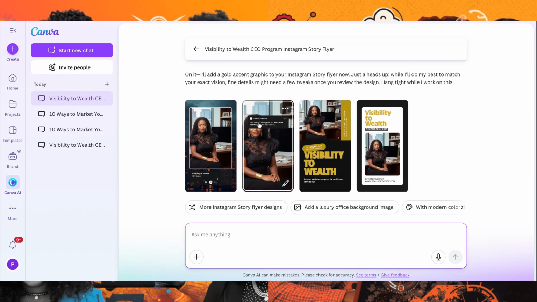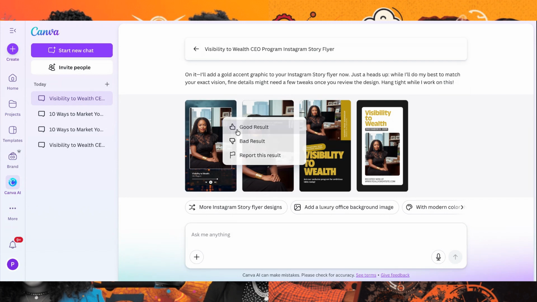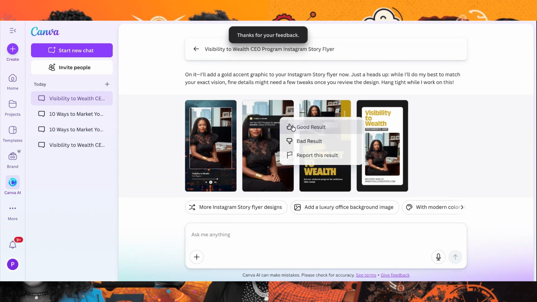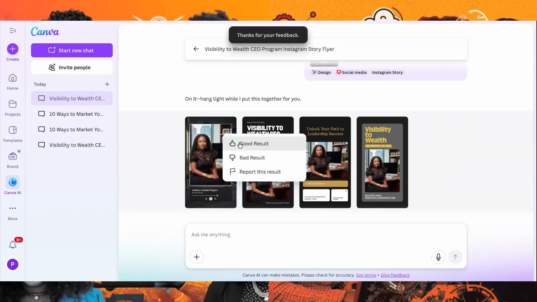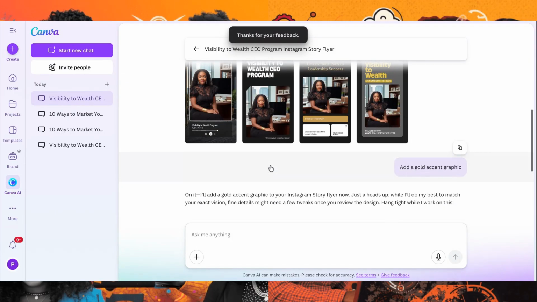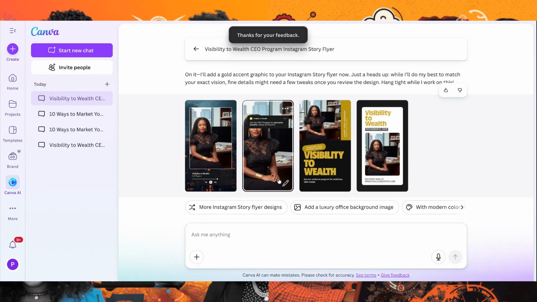Oh, this is cool because I could edit this in Canva and just pull that down in front of me where it looks like a quote. I like that actually. And I like this one too. So I like these two. I would definitely be using both. And you can rate your results so it knows what you like, and it continues to create the content or the style that you like. So let's see. I want to save